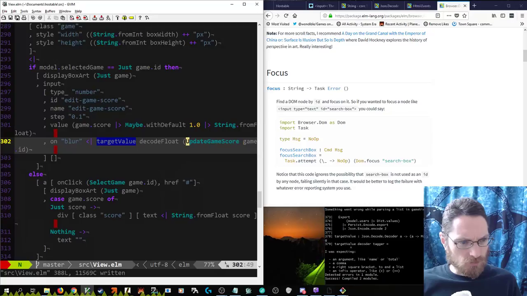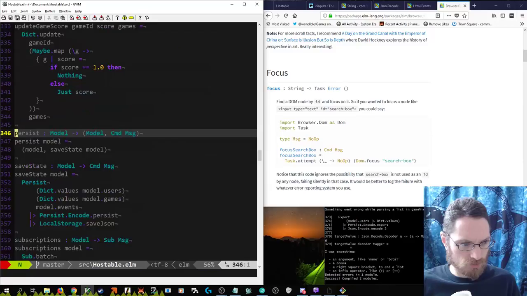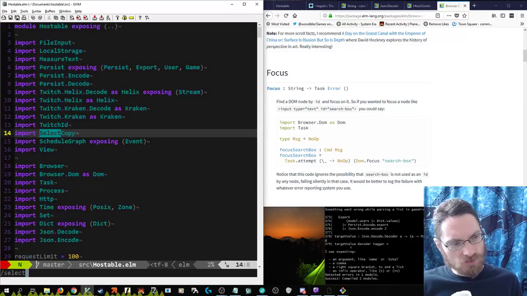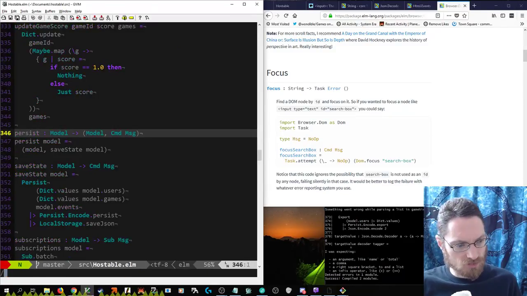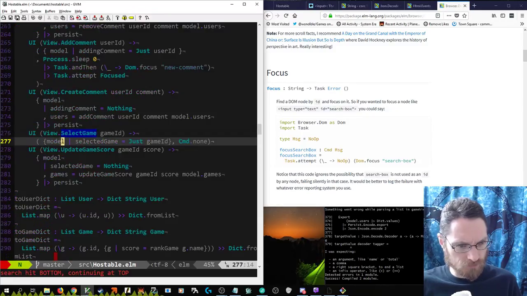Target value to code float. To make this work, and when we select game,